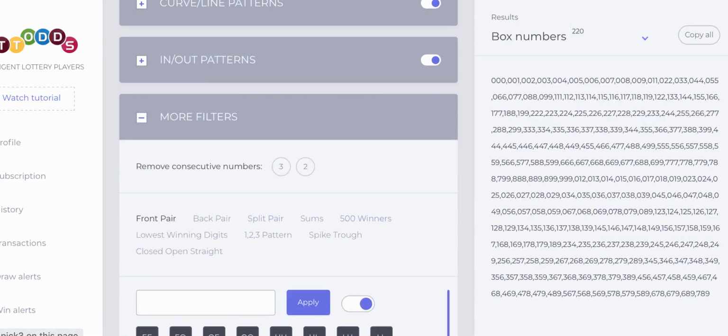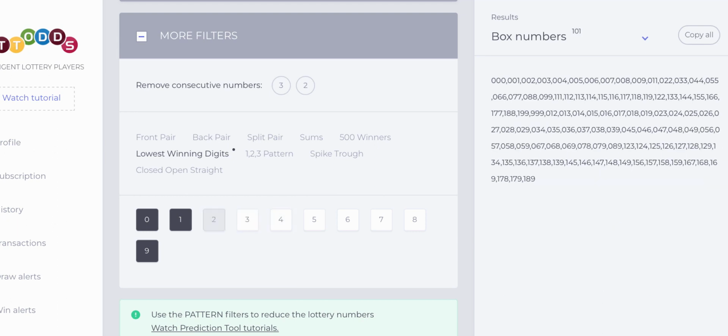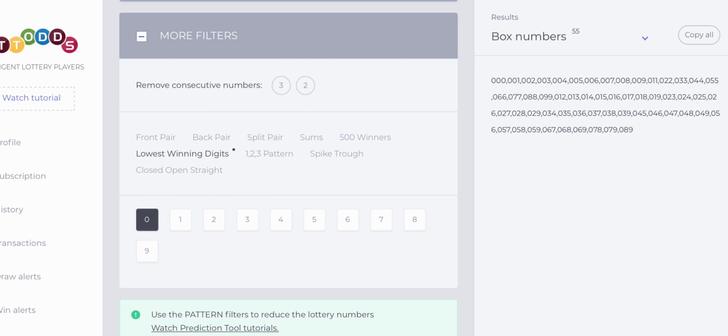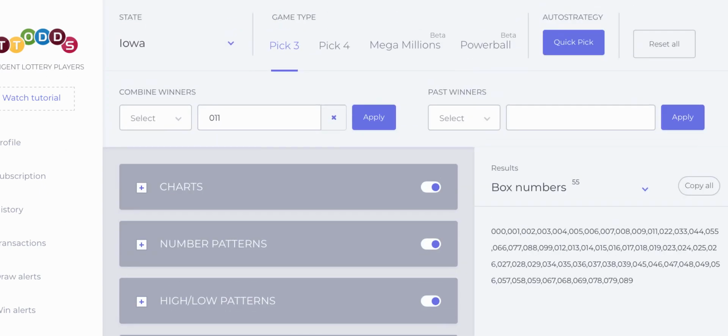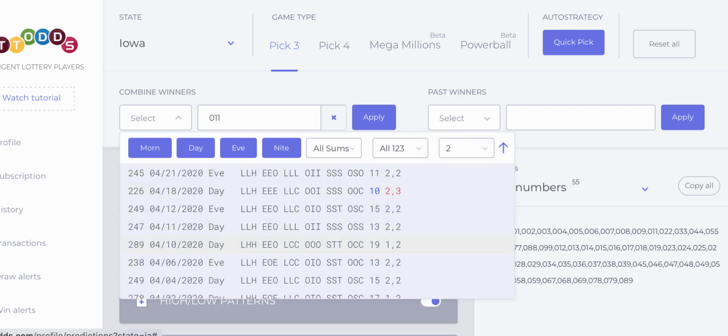So we're going to go down here and isolate the lowest winning digit, which is 0. We're working with 0 and 2, but isolate them one at a time because this is very important. The patterns are going to be different for the 0 and the 2. Don't play the same patterns for the 0 and the 2 unless you've identified that they're identical. Because look, if you go to the 2, now you got different patterns. Low, high, low, high, low, high, low, high, low, high. Look at that. So you have to isolate the 2 and work the 2.